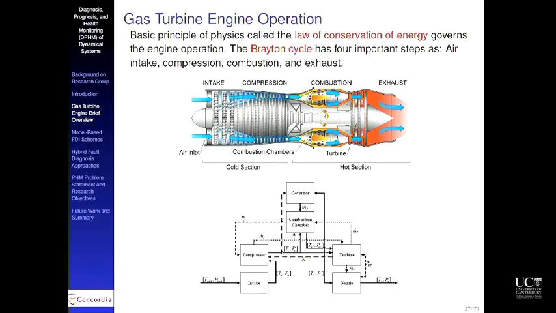This is a very brief overview of the gas turbine. It's a highly complex nonlinear process. You have to go to thermodynamics, fluid dynamics, conservation of energy. You have to go through all of that to write down the equations of motion, which is highly nonlinear and complex. But the important thing is that there are three basic components: the compressor, combustion chamber, and the turbine. These are the three segments or sections of the turbine that is of interest to us, and we focus on